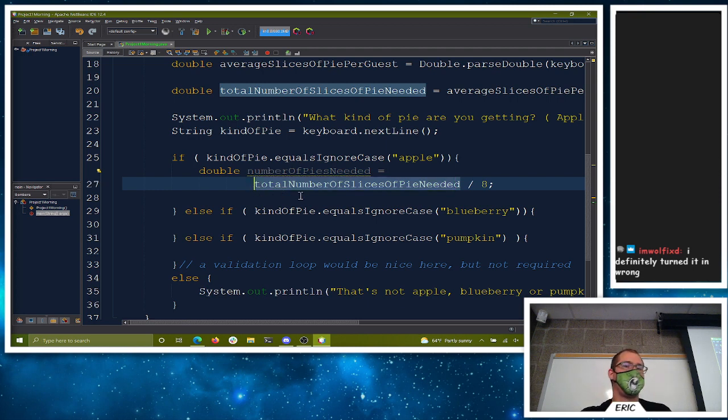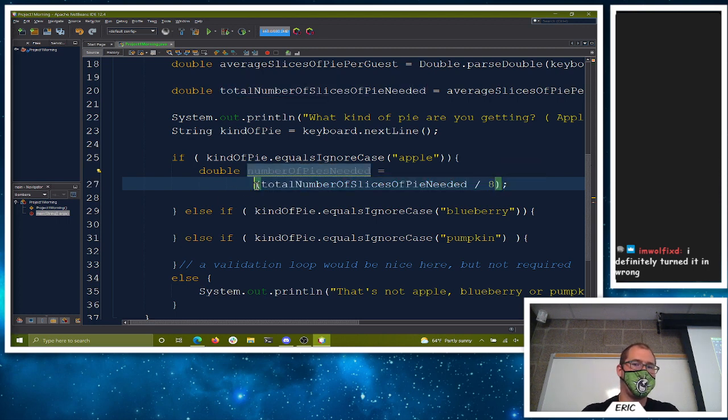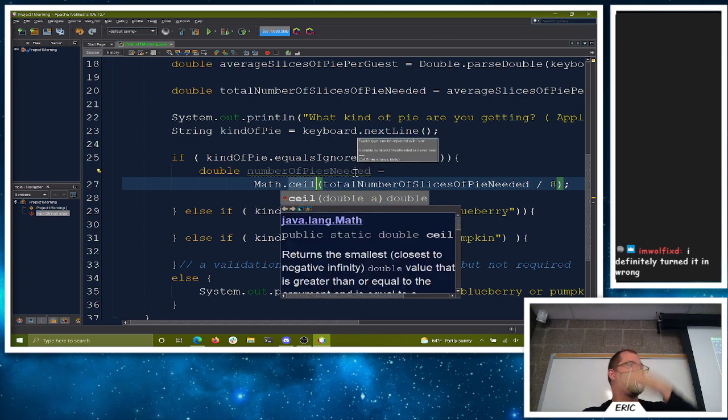Right, so we need to round. So all of this then gets to be rounded with Math.ceil. C-E-I-L. Math.ceil will round up to the nearest whole number. If it's already at an integer value, perfect, it stays right there. What is Math.round? Round will actually round, where if it's 0.5 and higher, it rounds up. If it's less than 0.5, it rounds down.